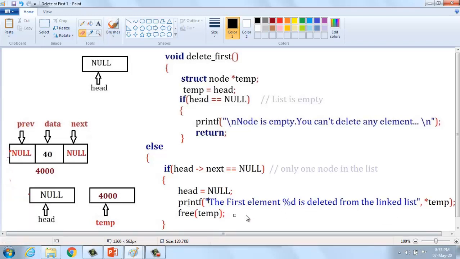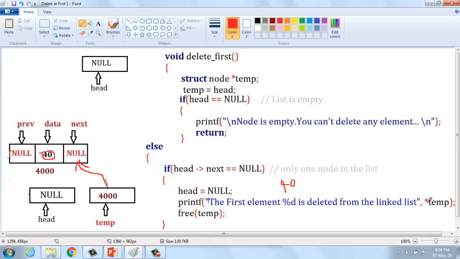Then printf, the first element %d is deleted from the linked list. I already explained that. So temp equal head, the previous value of temp is 4000, and the temporary pointer is also pointing to the first node of the given linked list. Here *temp is 40, so the first element 40 is deleted from the linked list.